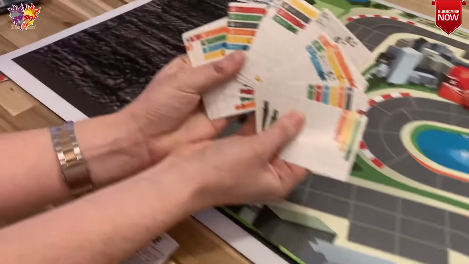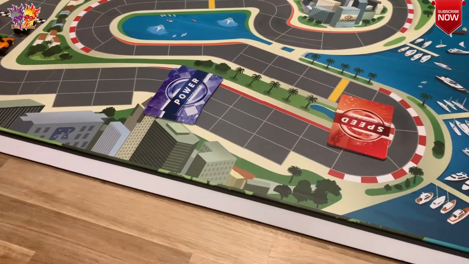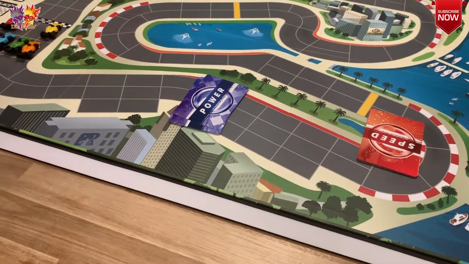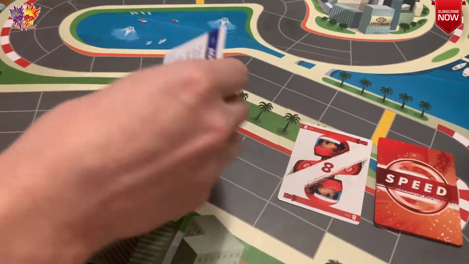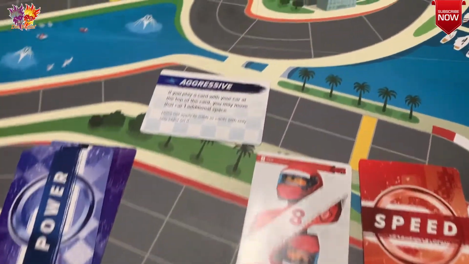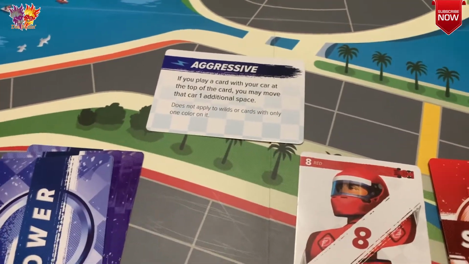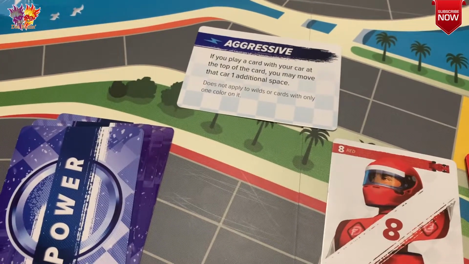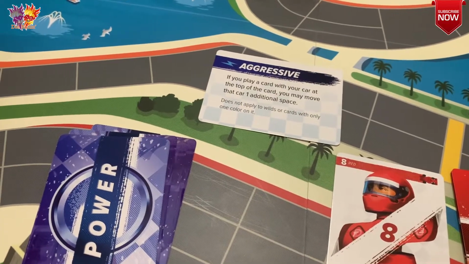Okay, so Adam's got his cards here. Good, and now I'm glad I know what he has. Well, swap the cards, right? Okay, so in the first phase what we're going to do is bid for cars. Now it's really important that you bid wisely. So this is for the red car and it's for the power up, which is really what you're bidding for. If you play a card with your car at the top of the card, you may move that car 1 additional space. So having a look through,